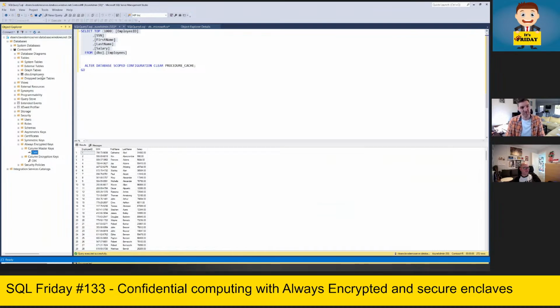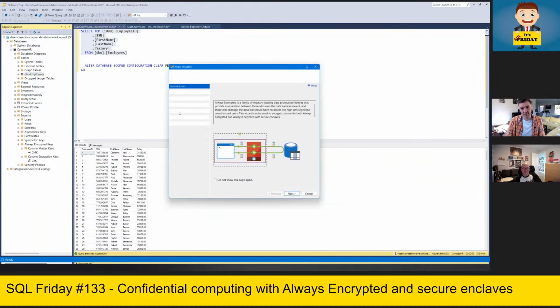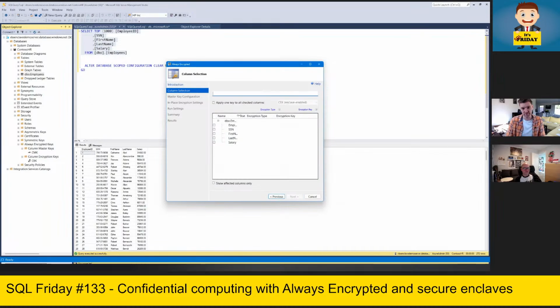Right, now let's jump into the wizard. So I'm selecting Encrypt Columns. First step that you need to do is you need to select the columns that you would like to encrypt. Well, I'm going for social security number and salary, and I'm going to choose randomized as the encryption type because I want to take advantage of the enclave. The encryption keys are already configured. If you don't have encryption keys, there will be a possibility here to automatically create an encryption key. So that is also possible. But I did that already in advance. So that's why the wizard sees these column encryption keys.